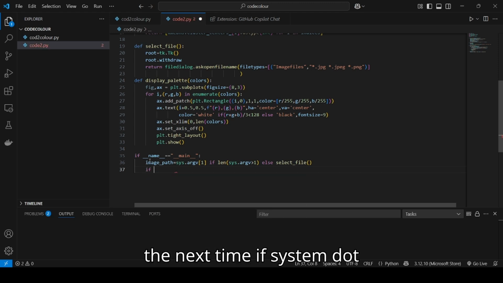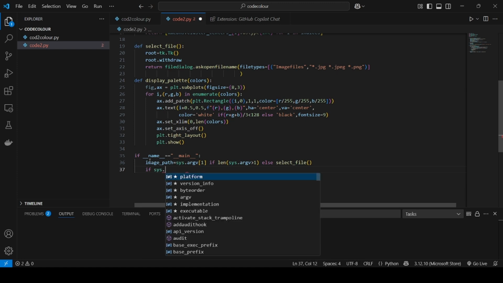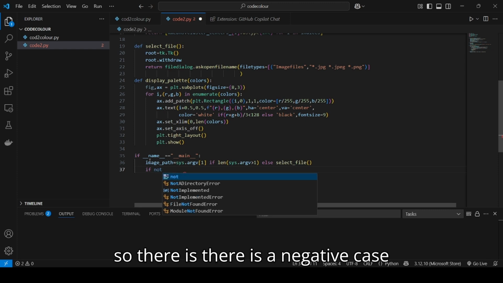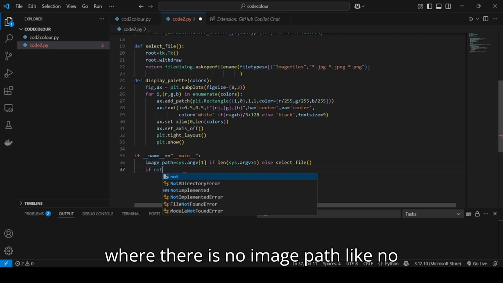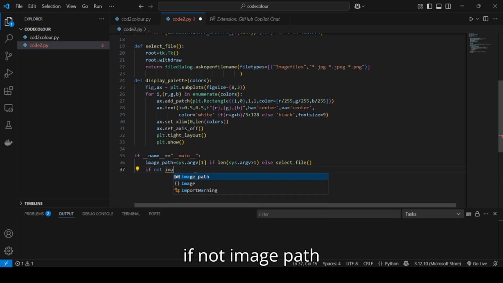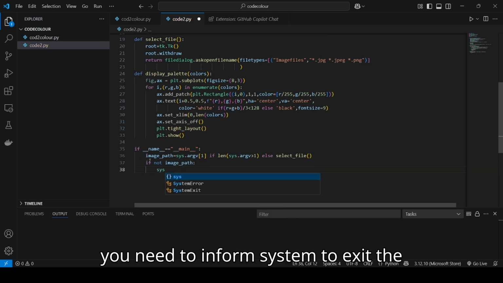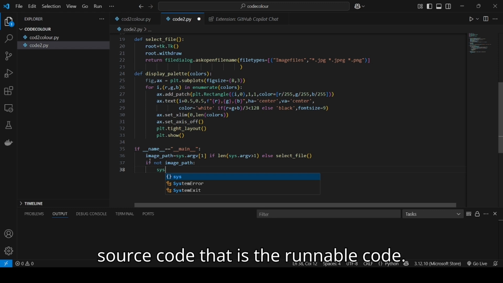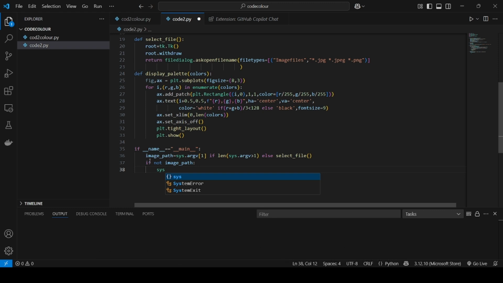And the next line, there is a negative case where there is no image path, like no image in the given path. So for this, if not image path, you need to inform the system to exit the source code, that is the runnable code. Sys.exit. Yes, we have done with it,